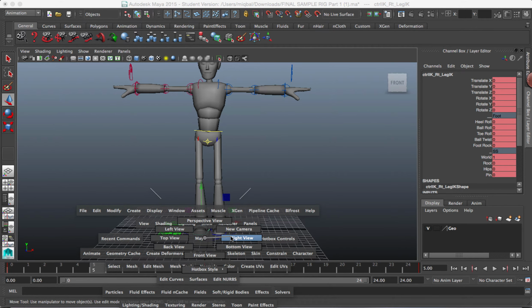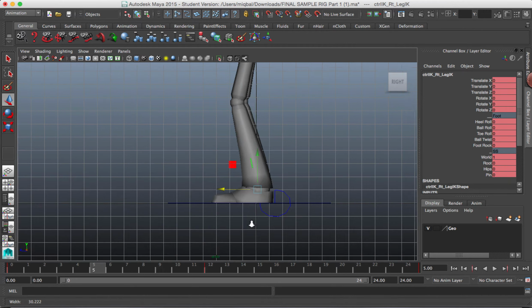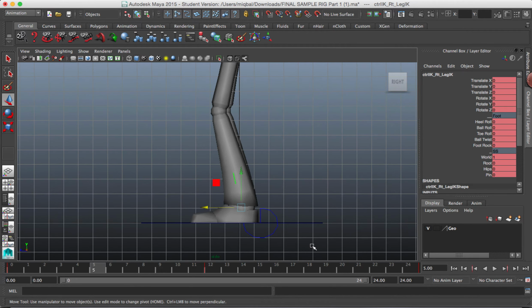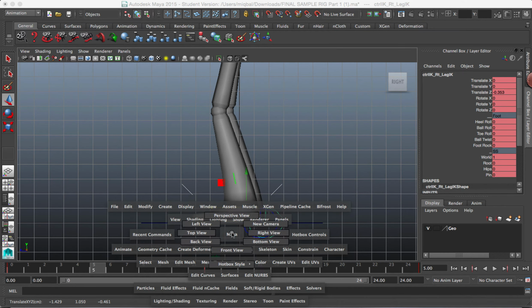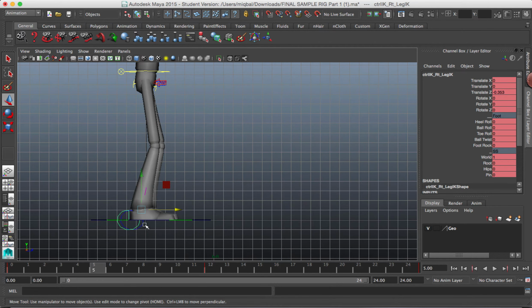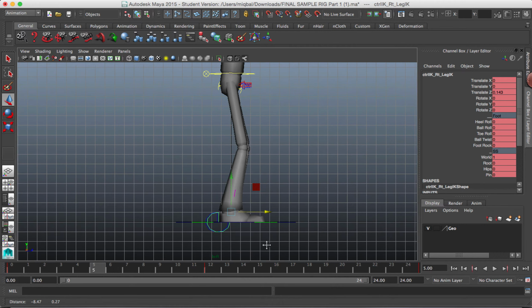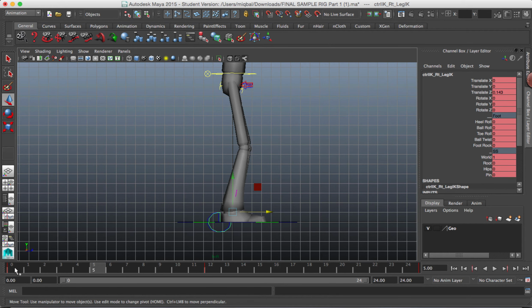Space, keep on pressing it. Maya, right view. Okay, so that's my right view, and we need to select the right leg. Okay, now that's confusing. Am I looking at the right leg? Yeah, so that's my right leg. Now what I need to do is,